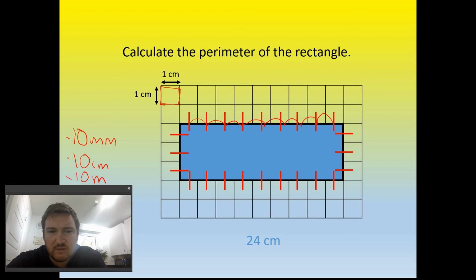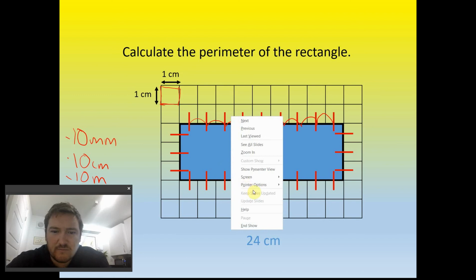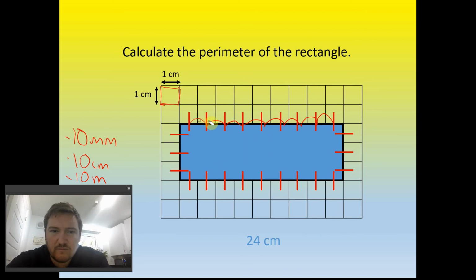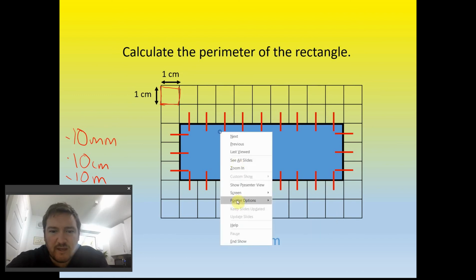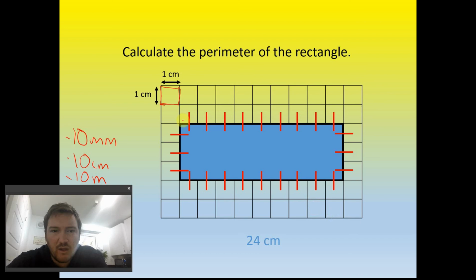Sorry, that's wrong. Let's try that again. 1, 2, 3, 4, 5, 6, 7, 8, 9. We know the other side is 9, so that makes 18, 19, 20, 21, and we know that's another 3,